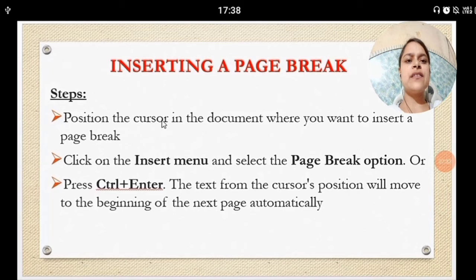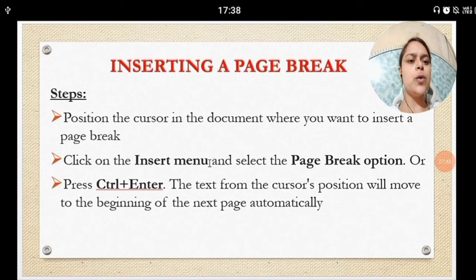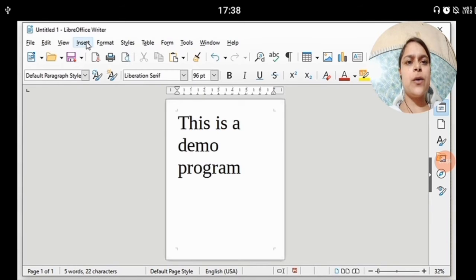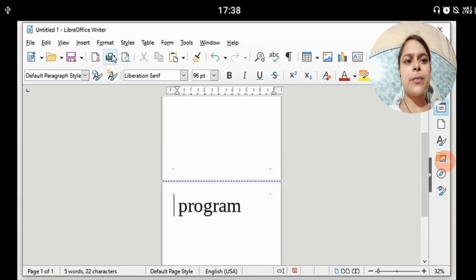Steps are: firstly, position the cursor in the document where you want to insert a page break. I put my cursor after demo. Click on the Insert menu and select the Page Break option. Or the second way is by pressing the Ctrl plus Enter key. You will click on the Insert menu. Here you will select Page Break.